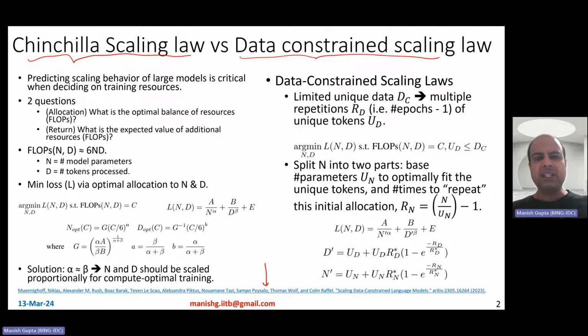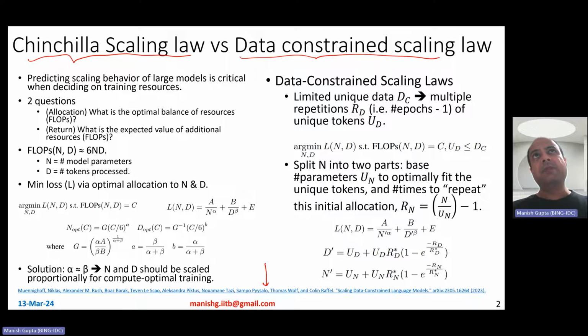Now, when you look at large language models, of course, people have been trying to build larger and larger models. But when you're trying to build these larger models, there are a few things that you can change. Either you could increase the number of model parameters, or you could increase the amount of data that they are trained on. Whether you increase the number of parameters or the amount of data used to train, in both cases, you end up increasing the overall compute that is required to train these models.